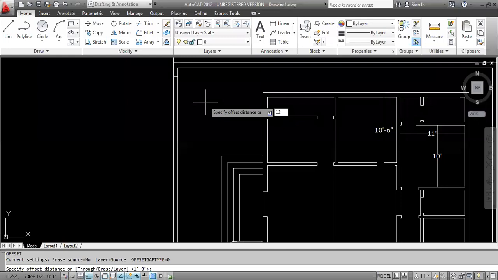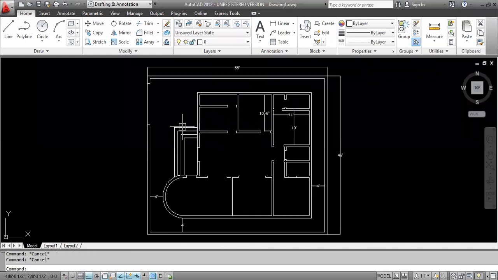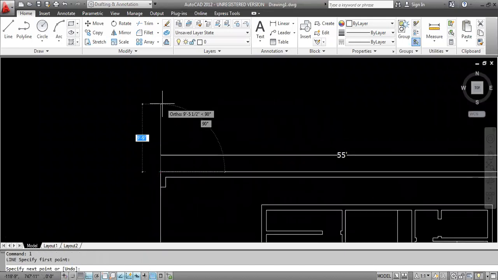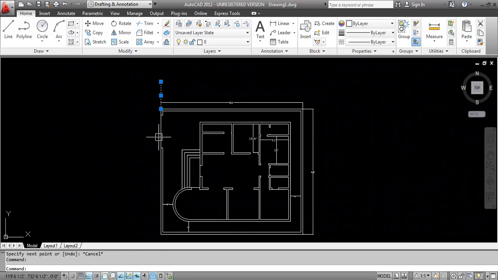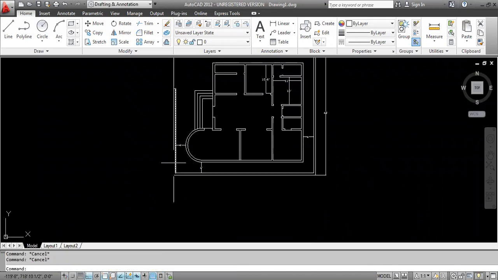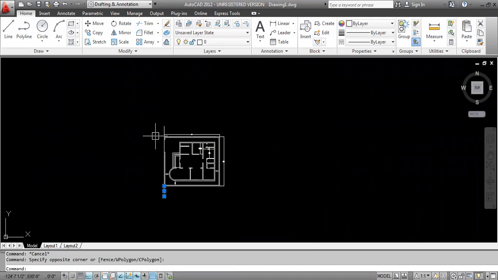See, this is our gate area, and you have to show a road size. Just take a single line from here, this corner, and just mirror it. Just copy these two lines.